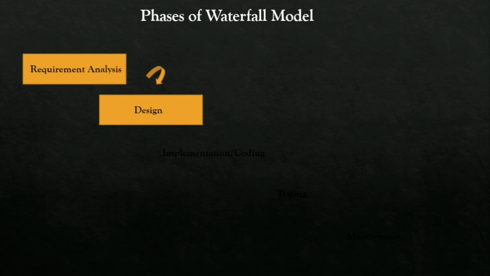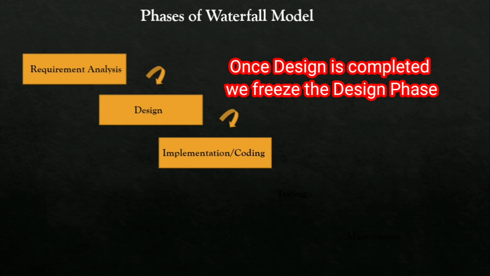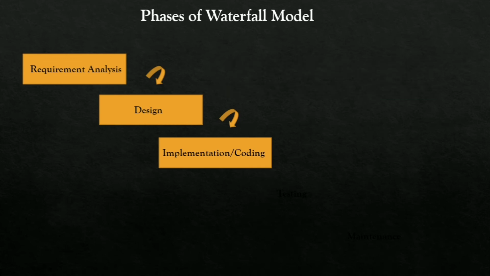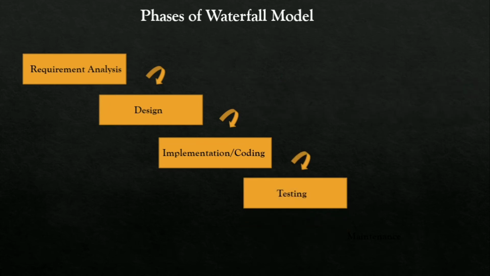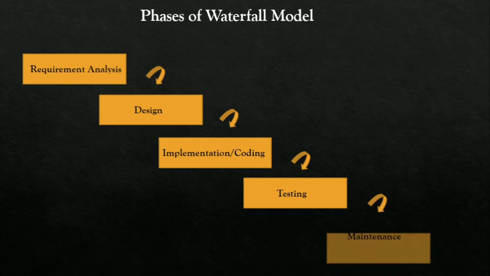After the design is over, we move on to the coding or implementation phase, where the design is converted into different codes using different programming languages. After the coding is completed, we go to the testing phase, where the entire programs are tested to check whether the program are in line with the requirements. When the entire system is tested and the product meets the customer expectations, we hand it over to the clients. If there are any issue, it moves on to the maintenance phase.